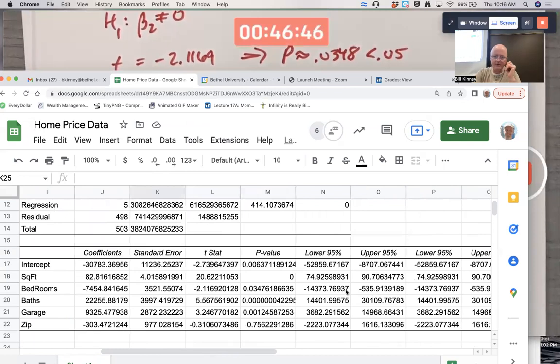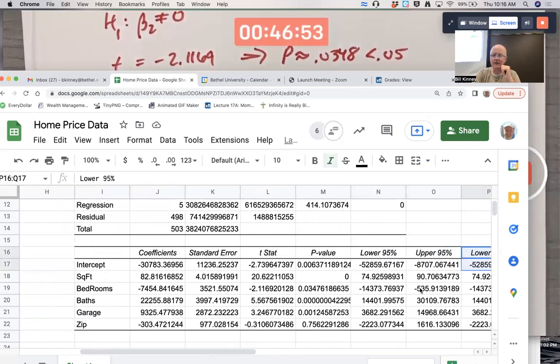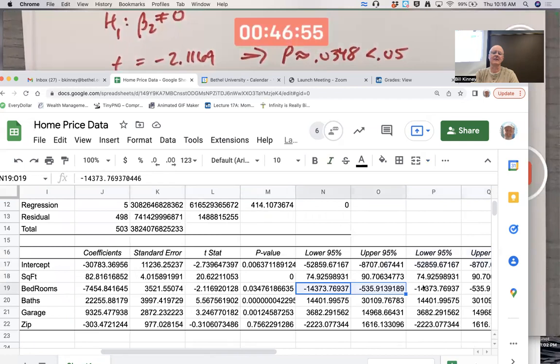Well, how about the confidence interval? And by the way, I don't know why the spreadsheets always do this twice. We only need it once. There it is. Why does Excel Miner do that twice? I don't know. There's our confidence interval to estimate beta 2. Definitely doesn't include 0. That's more evidence that we reject the null hypothesis that beta 2 equals 0 at the